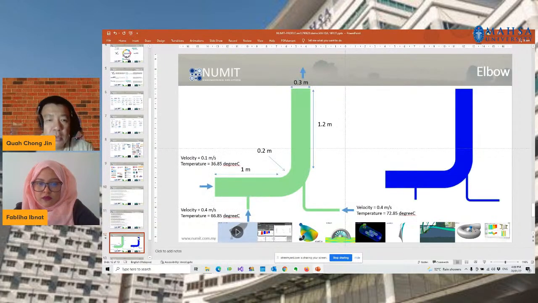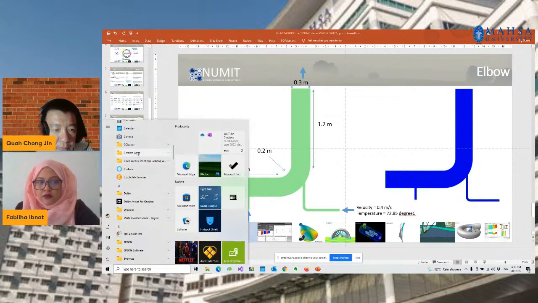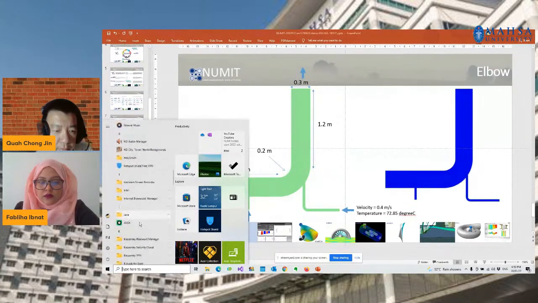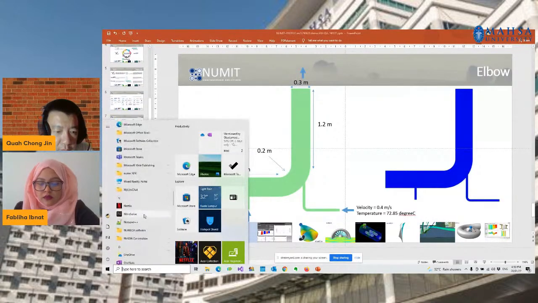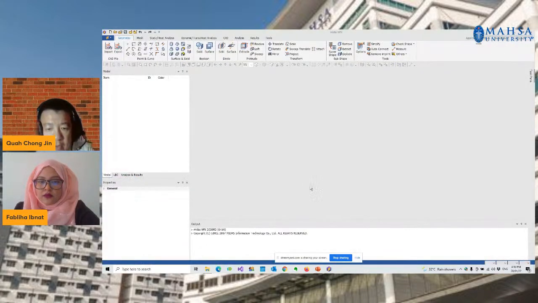So today I'll be demonstrating a short case study on an elbow with CFD applications. First of all, I would like to start with my software. We'll be using Midas NFX in this case to model and design the elbow flow, where we have different temperature gradients and different inlet velocities as well.